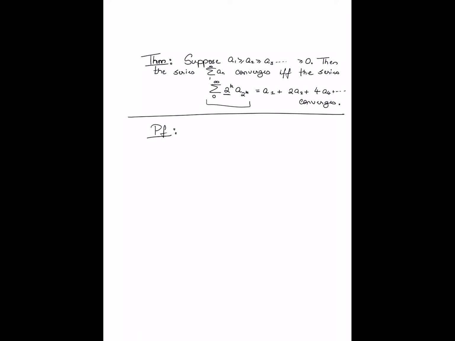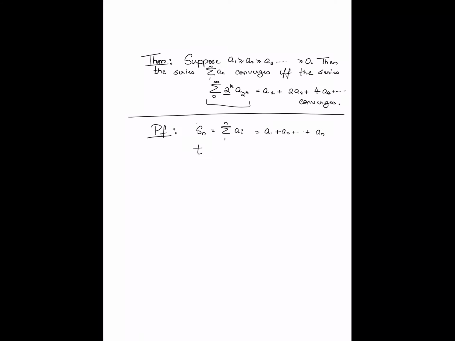The proof is in fact going to be very straightforward. I'm just going to define the running sums of the two series in the first place. Remember, both of these series involve non-negative summands, so convergence is equivalent to saying that the running sums are bounded from above. If the running sums grow unboundedly, then both of these series tend to have the limit infinity. So I'm just going to define the running sums in both cases. In one case, Sn is just summation from 1 through n of ai, which is just a1 plus a2 all the way up to an.